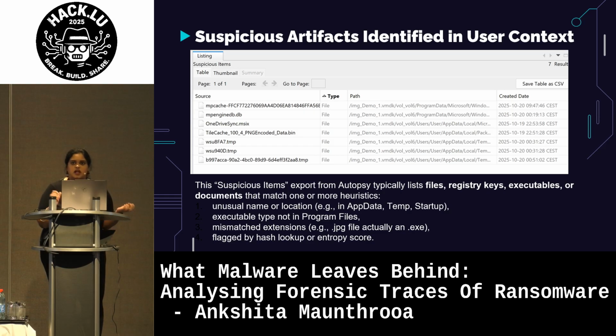Since the malware or the ransomware was acting as a user on the VM, this user suspicious items export from Autopsy is basically listing all the files, registry keys, or executables that had been in the user folder. So you would see some extremely unusual names or locations in the AppData Temp, for example, and Autopsy's suspicious items module identified these artifacts as ransomware-style activity, and it was confirmed.